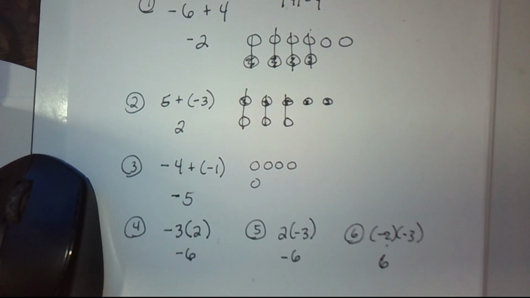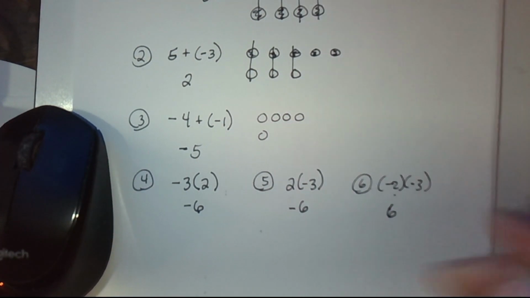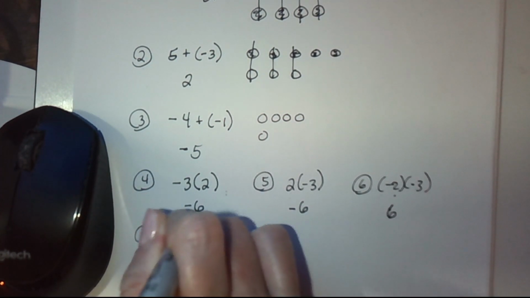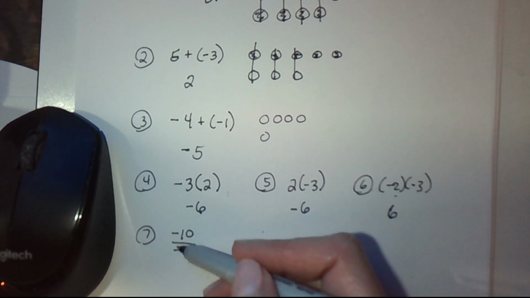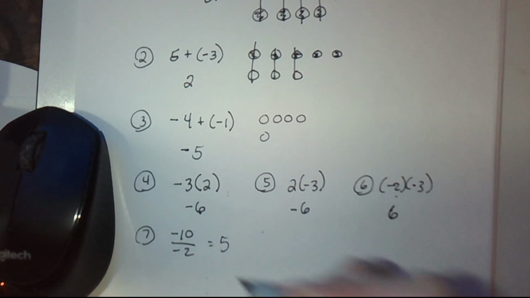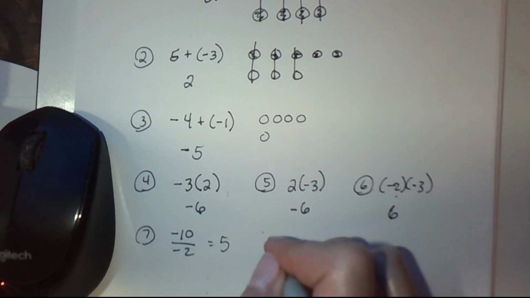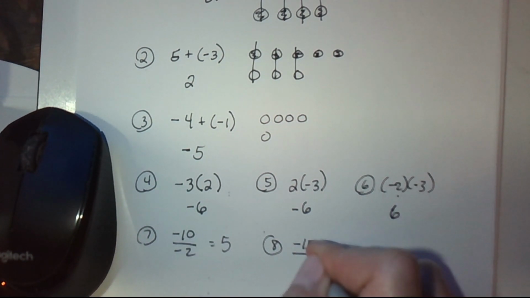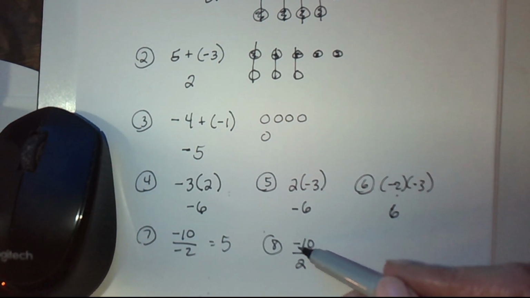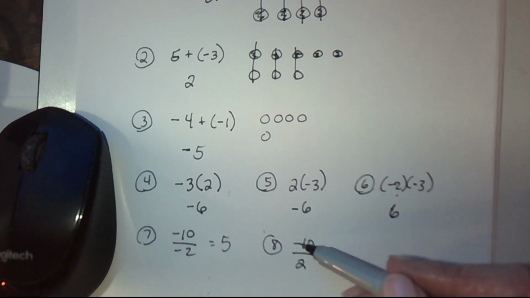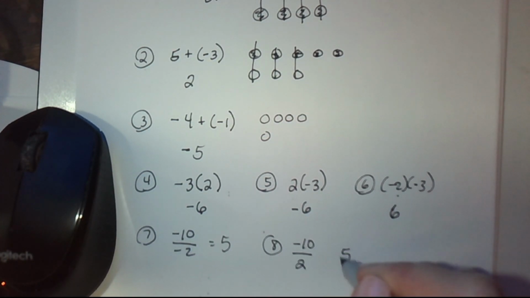Now that works with multiplication or division. So if I had, let's say, -10 over -2. Negative divided by negative, there's 2 negatives, that makes a +5. Whereas if I had -10 over +2, that's only 1 negative sign. If there's an odd number of negative signs, the answer's negative when you're talking about multiplication or division. So 2 goes into 10 5 times, but there's only 1 negative sign, so that stays negative. Okay, so that's just a really brief review of those sign rules that we looked at in the other packet